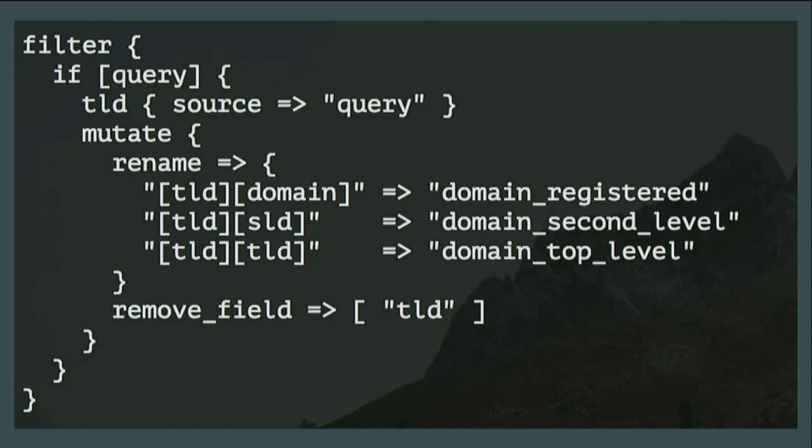so we're going to use the TLD plugin for Logstash. We're going to say, if this query exists or this host name exists, if I have that field, then use the TLD plugin and let's do a lookup on it. Or I'm sorry, let's break it out. So it's going to add some stuff into an array. And that mutate section in the middle, really, that's just me renaming some stuff, right? I'm going to take this thing that it's creating on the left, and I'm renaming it to something I like to use on the right. If you're playing Net Wars, if you take 555, if you start using Security Onion, what I have as domain registered, you will see as highest registered domain. Okay.